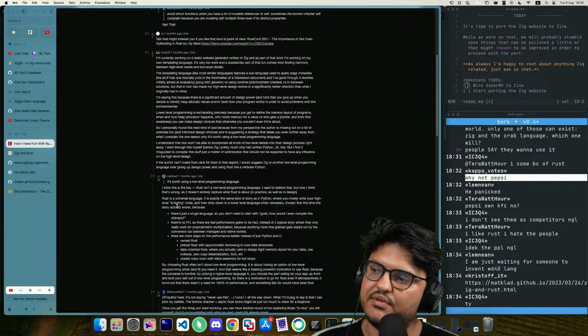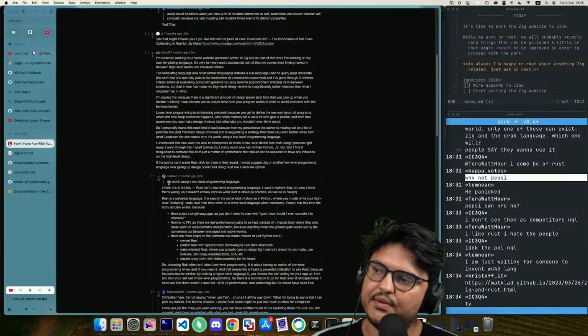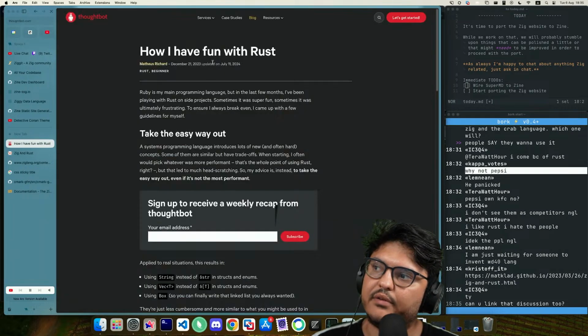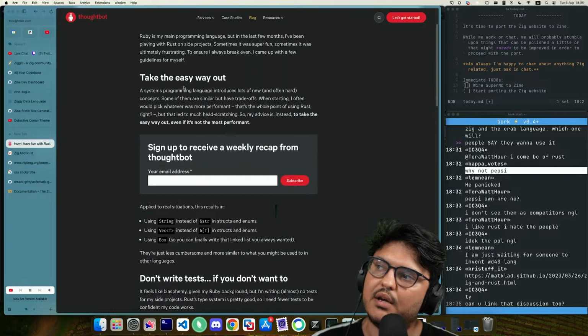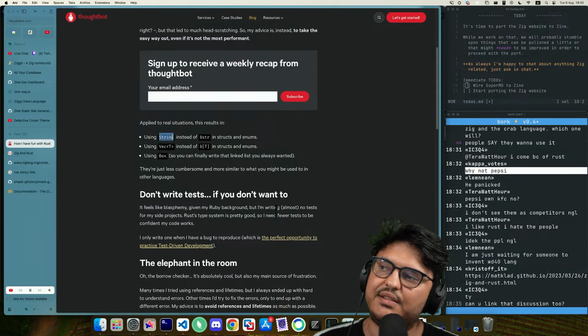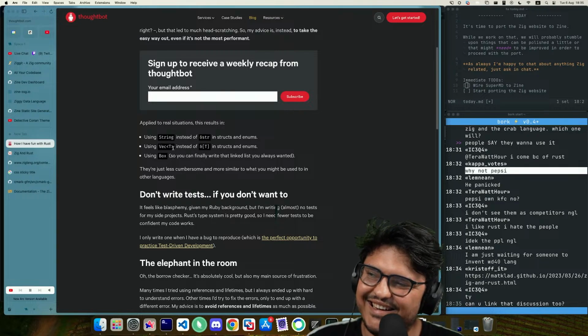And I think that his reply is interesting. So, very quick recap: a blog post about how I have fun with Rust, and this person basically says, you know what? Let's throw away all the low-level programming concerns and let's use this string type instead of this one. I imagine that string is like the boxed version of this type, boxed and God knows, maybe reference counted. I don't know. But this is easier to use. Use Vec instead of, I don't know, slice of T.